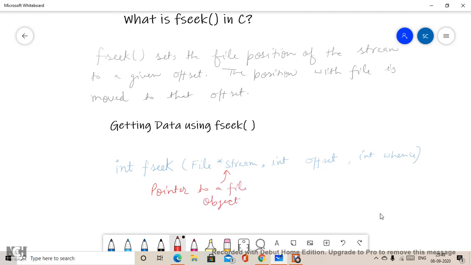Okay, and this offset is the number of bytes to offset from the position.